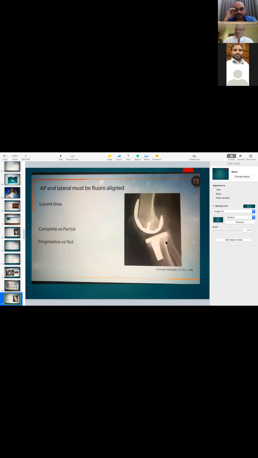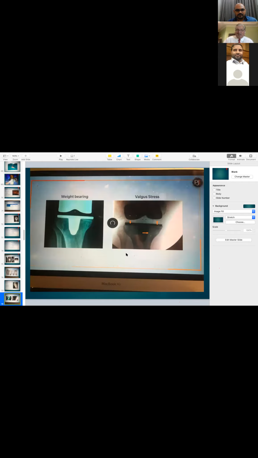Sometimes you need fluoroscopy. Fluoroscopic alignment must be perpendicular to the knee, so you can see the loosening line. Because sometimes the X-ray does not give you a pure lateral, so you miss the causative factor. With fluoroscopy, you can see the loosening line, and this will cause osteolysis and instability, and this is the cause of the painful knee. And also, if you do it in weight bearing or valgus stress, you see this is the loosening line,